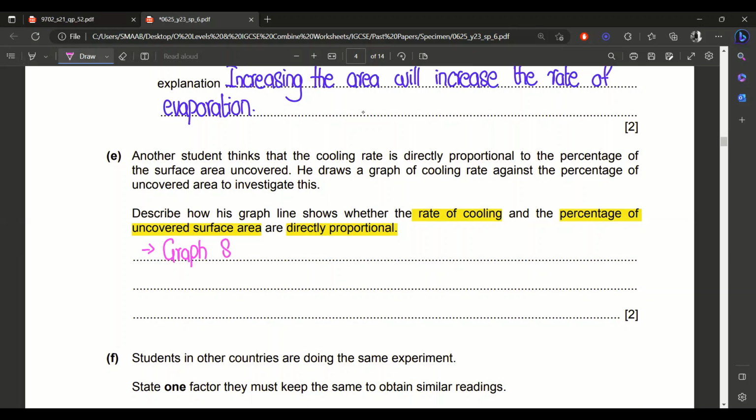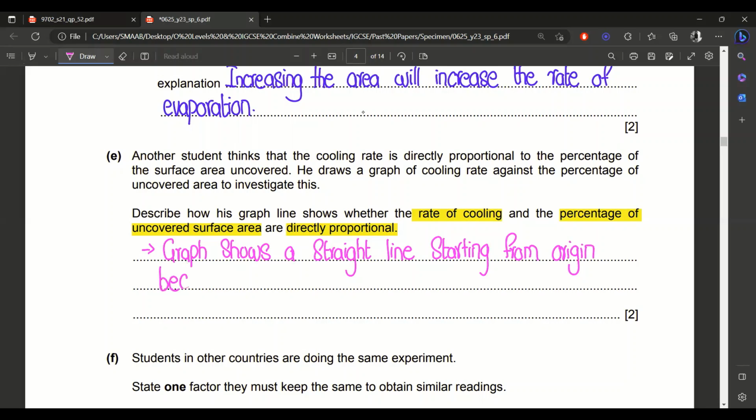So the graph shows a straight line starting from the origin,